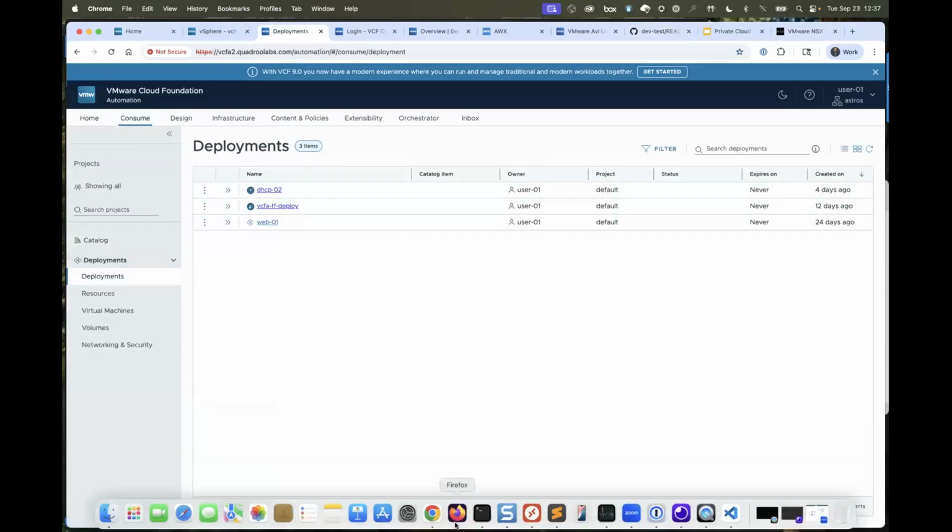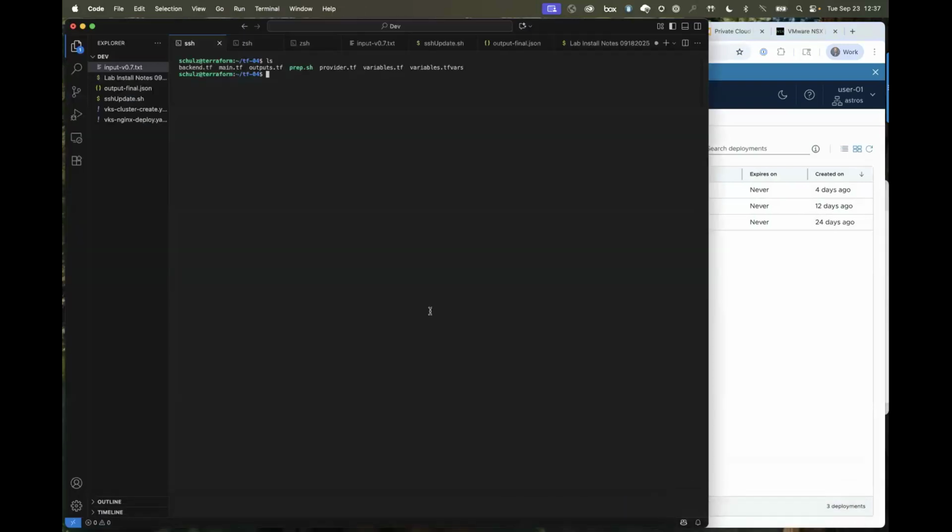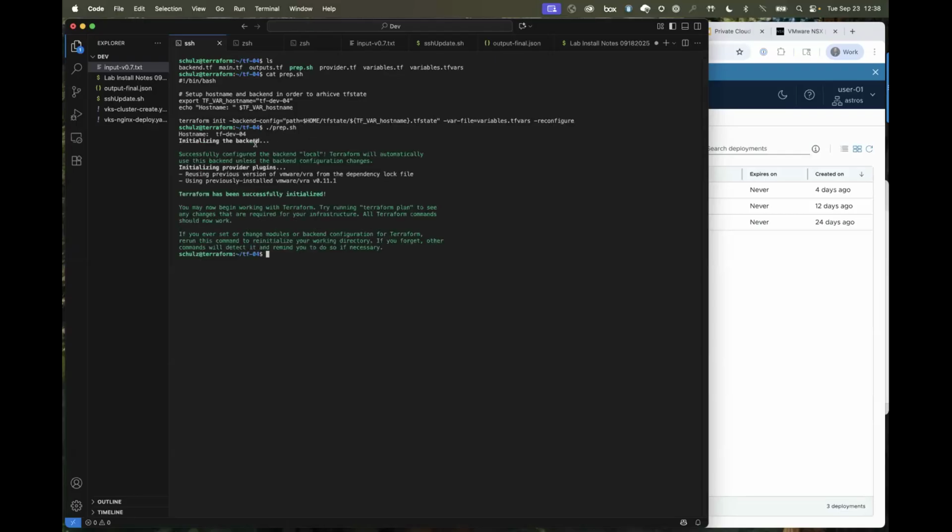These are the deployments that exist right now. So let me see if I can kick off this Terraform. Yep, here it's ready to roll. I do want to maintain Terraform state, so I'm going to prep this environment just to show what I've got here. I'm going to export a variable, and then set up my backend to store that TF state that gets created. So let me run that prep script. We're going to call this tfdev04. And this is my Terraform deployment of a VCFA blueprint.